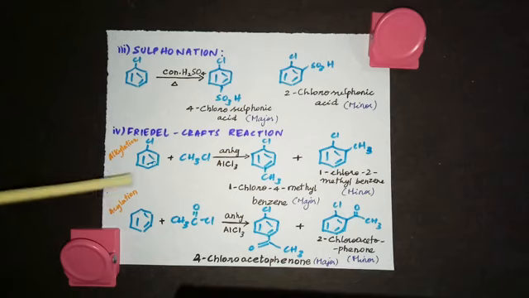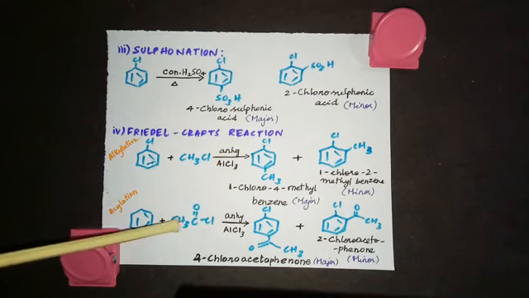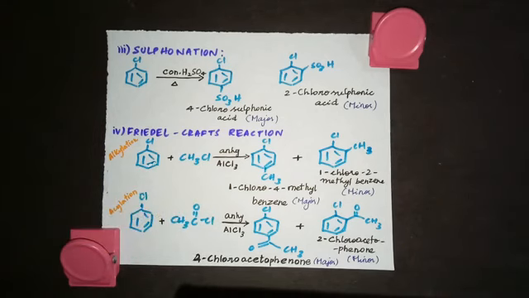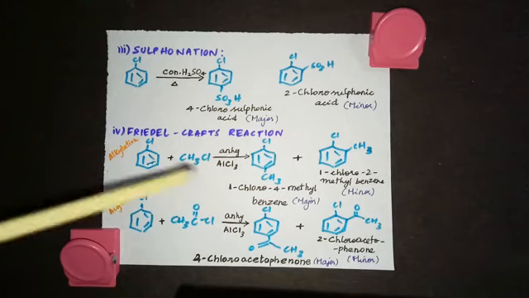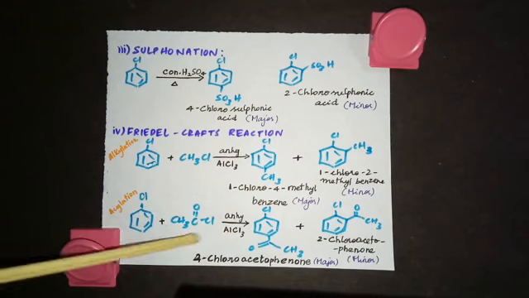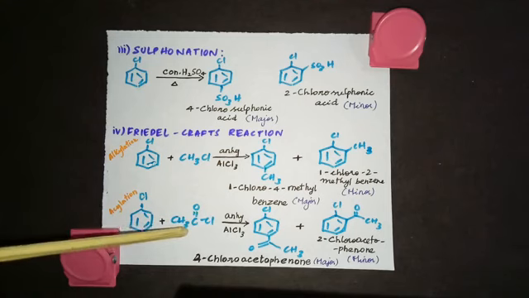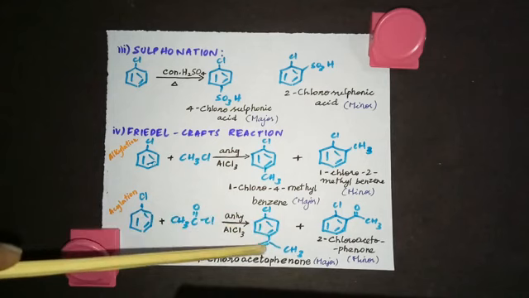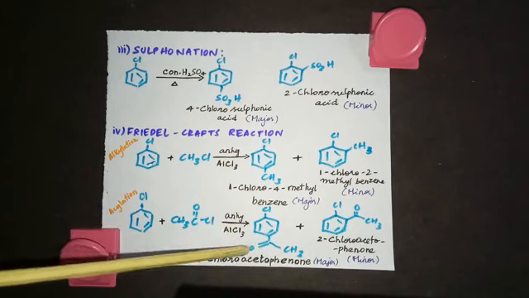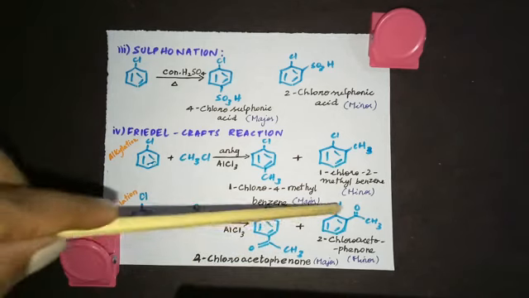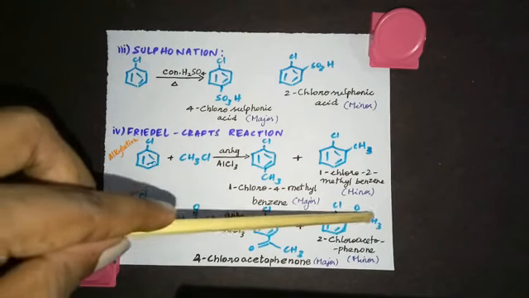The next one is acylation. If you are introducing a CH3CO group in the benzene ring, then we call that acylation. Again, this reaction takes place in the presence of anhydrous aluminum chloride. So chlorobenzene in the presence of CH3COCl, which is called acetyl chloride. So you are going to introduce COCH3 in the benzene ring. This can be written as a bond here, COCH3. This is C double bond O, this part is getting attached here. So COCH3, and here in the ortho position COCH3.